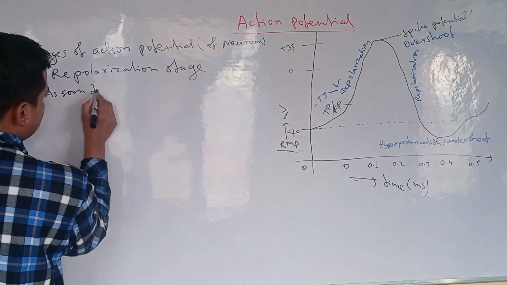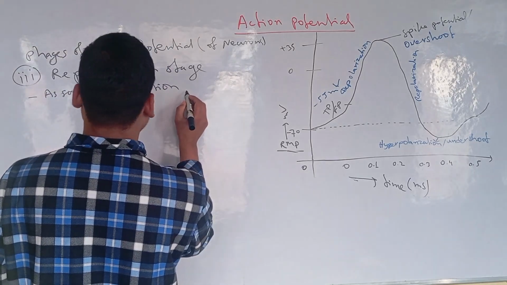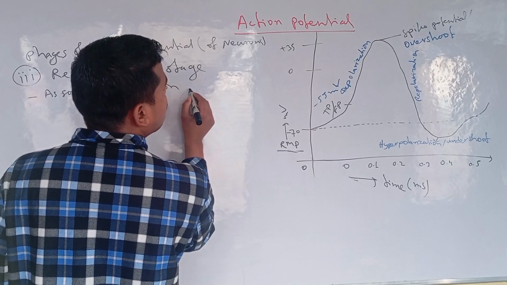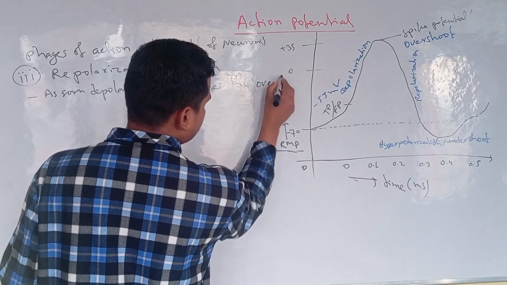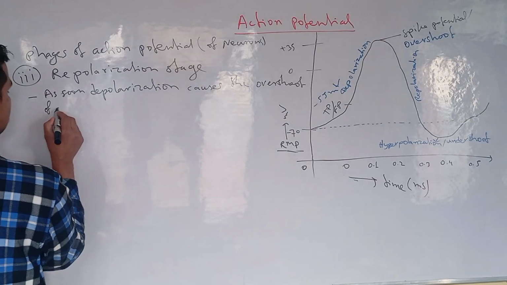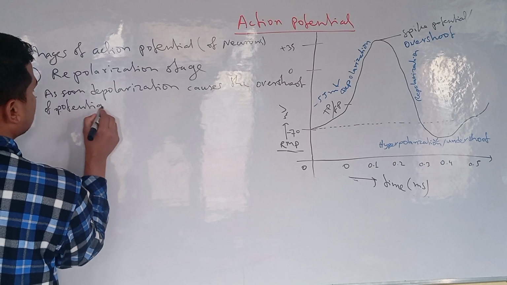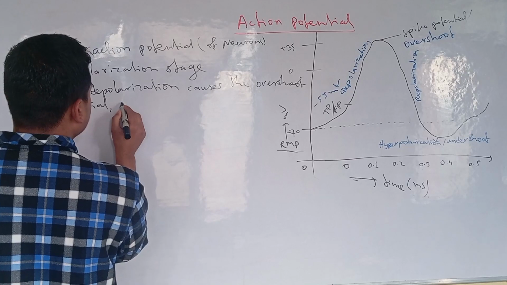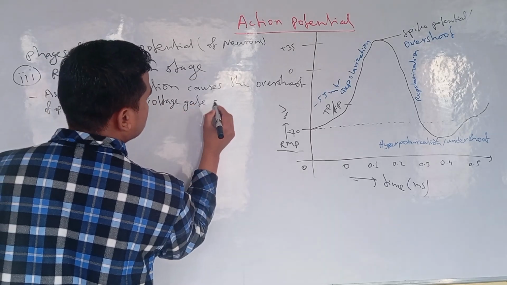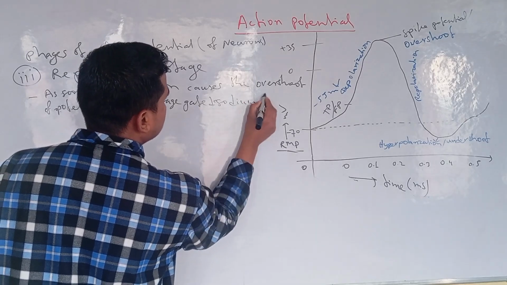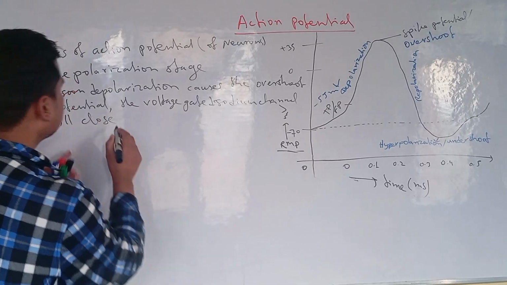As soon as depolarization causes the overshoot of the membrane potential, the voltage gated sodium channel will close,